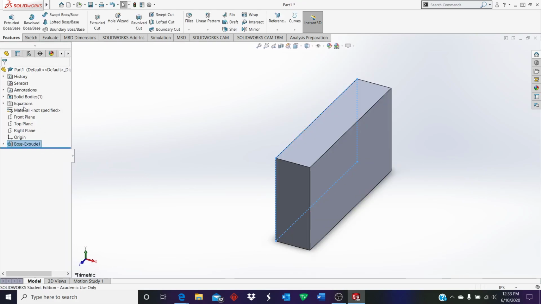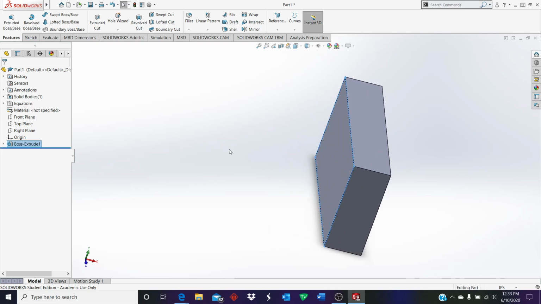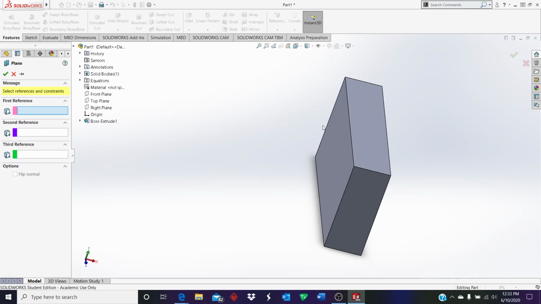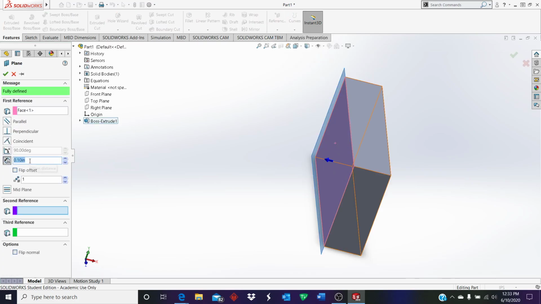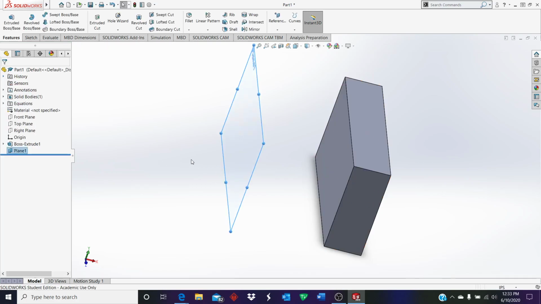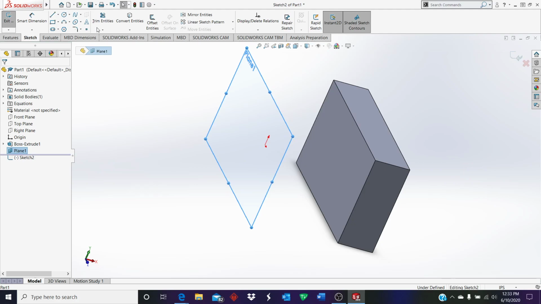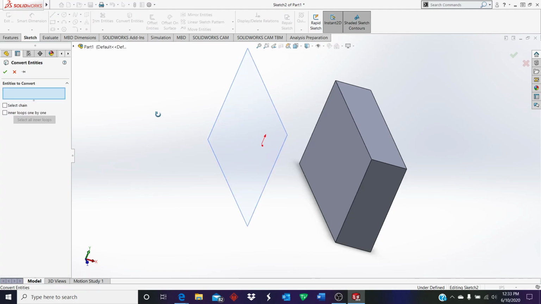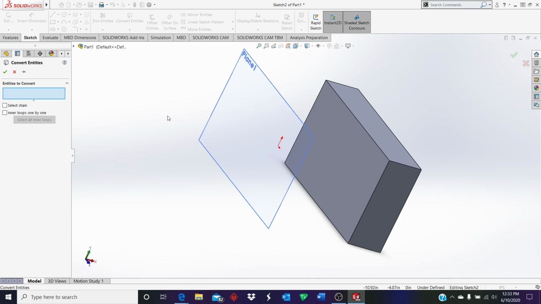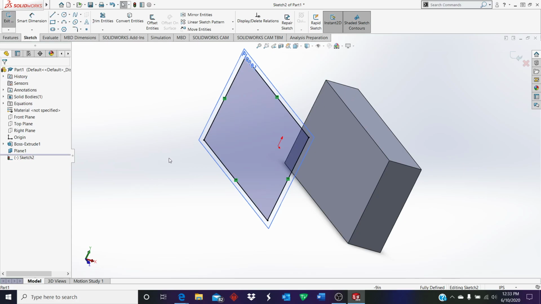OK. So now, in order to get to use convert entities, you're going to have to go to reference geometry, go to your plane, select your face, we'll say 5. And now we have our plane. So you're going to want to enter the plane as a sketch. You're going to click Convert Entities. And this works in two ways. Either A, you could click the face itself and say that's what you want,